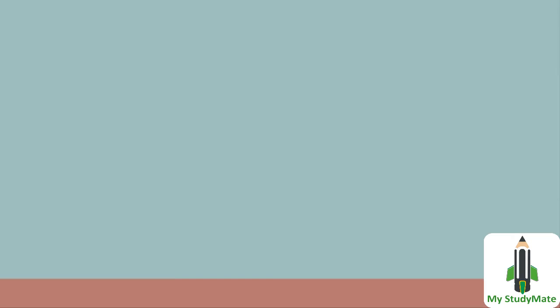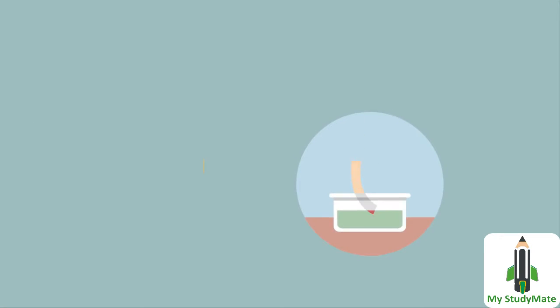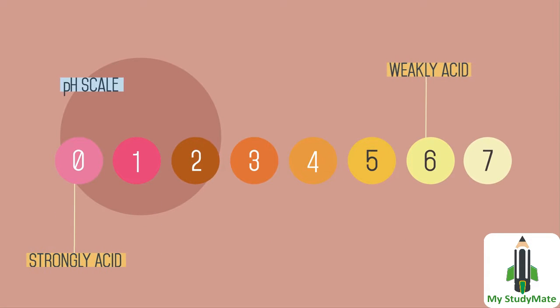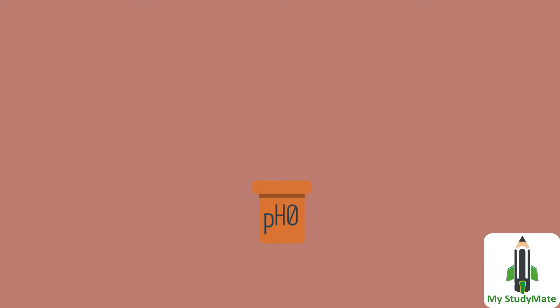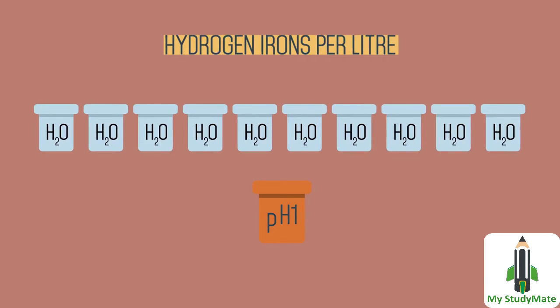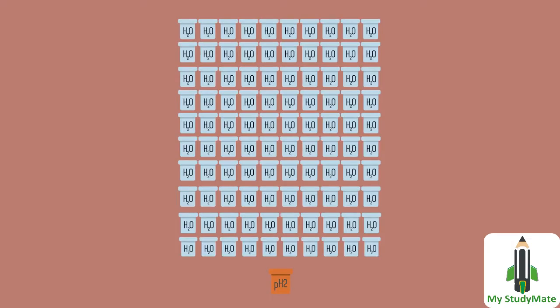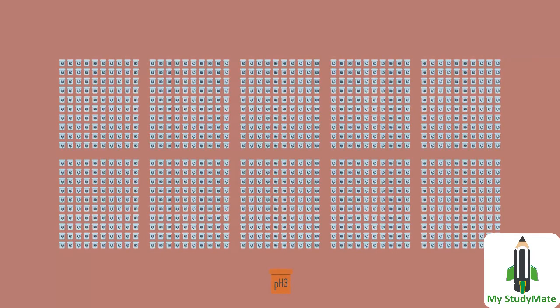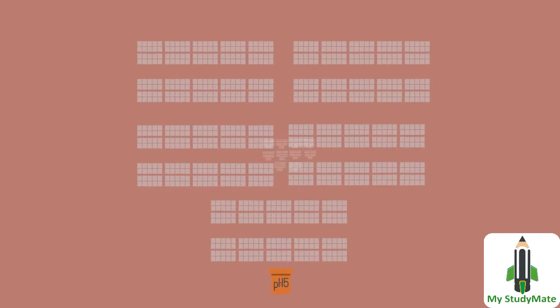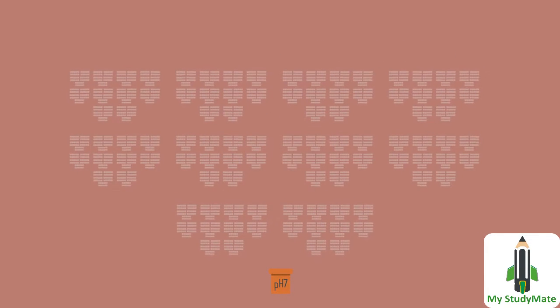Note the equilibrium arrow here. Acidity can be identified by using a full range indicator from 0 to 7 on the pH scale. pH is a measure of the concentration of hydrogen ions. For example, at pH 0, there is 1 mole of hydrogen ions per liter. At pH 1, just 1/10 of a mole of hydrogen ions per liter. Each increase of 1 unit of pH is a tenfold reduction in hydrogen ion concentration. So, when you reach pH 7, there are only 10 to the power -7,